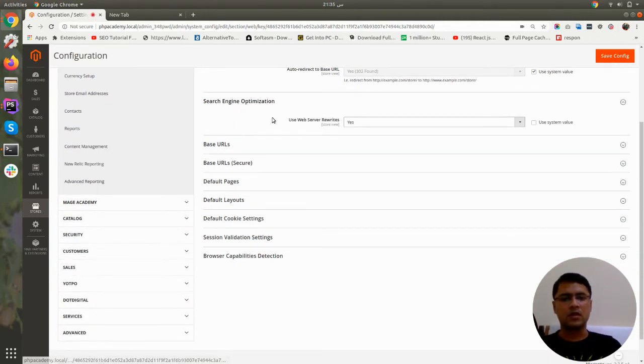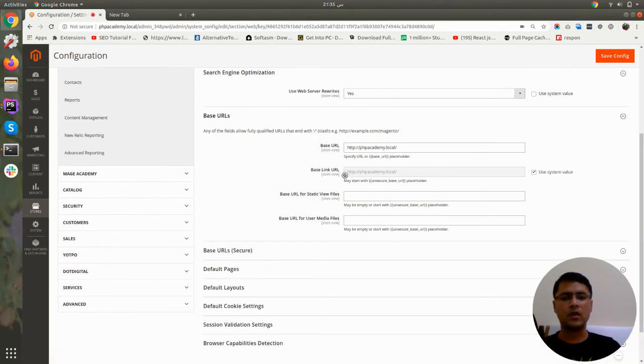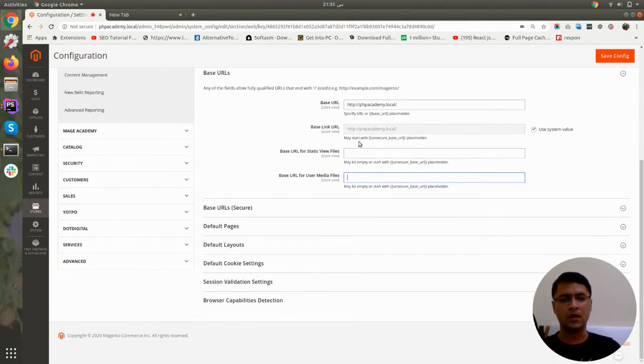Then this is by default, like you use web server rewrites. When you are installing, it will automatically be set to Yes, so you don't have to do anything with this. Base URL you can set, and if you have a different URL for static files and media files, you can define a different URL.